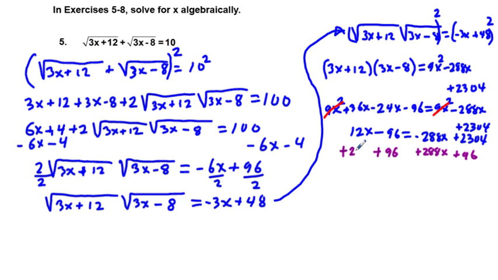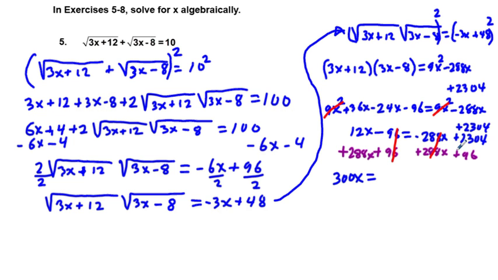Plus 288x. Let me just see if I can write that a little more legibly. Plus 288x. And it's 288x. Okay. Plus 96. And so we have as cancellation, negative 96 plus 96 cancel on the left side, negative 288x plus 288x cancel on the right side. And what we have left is 300x